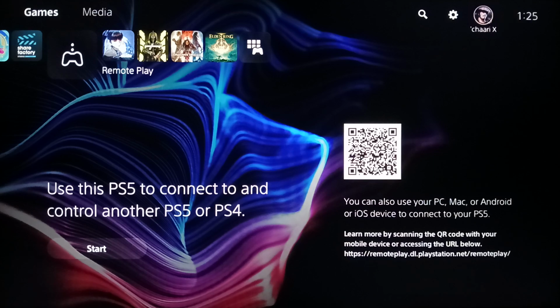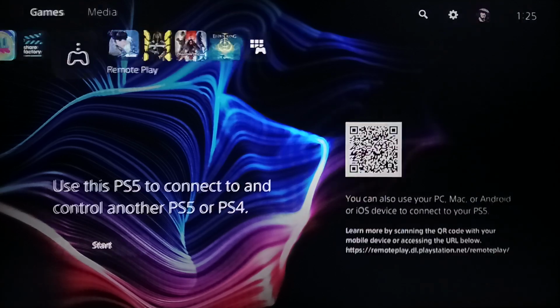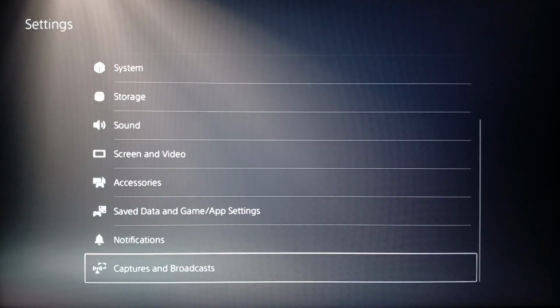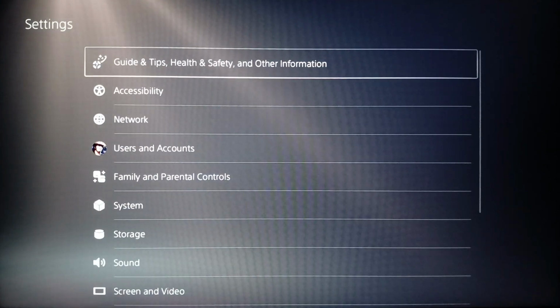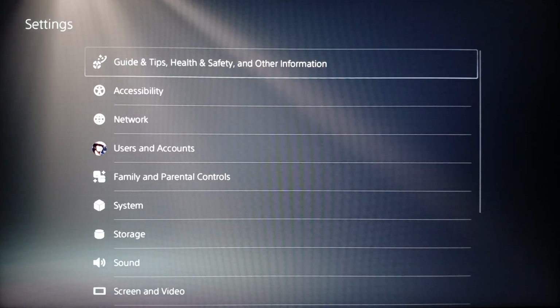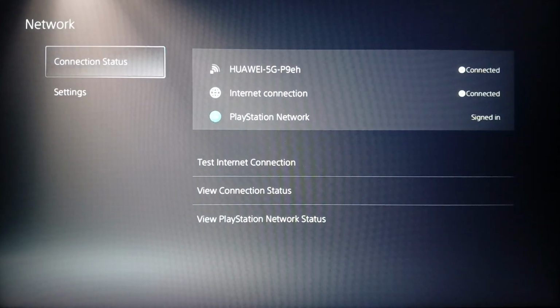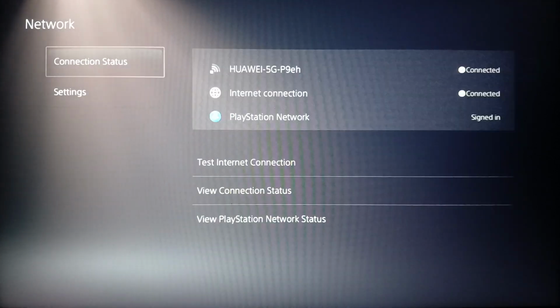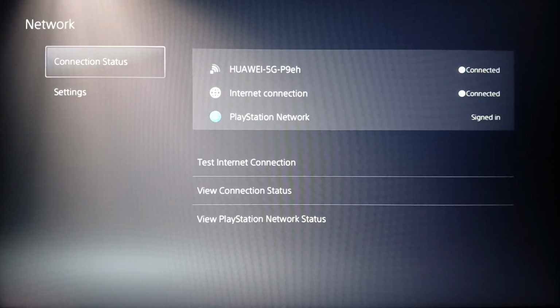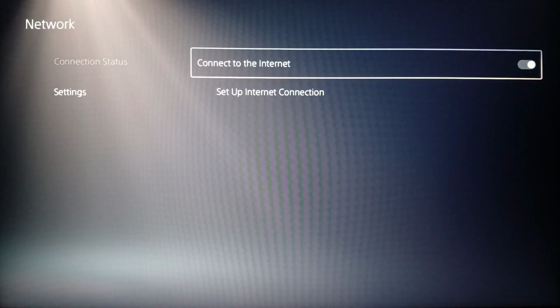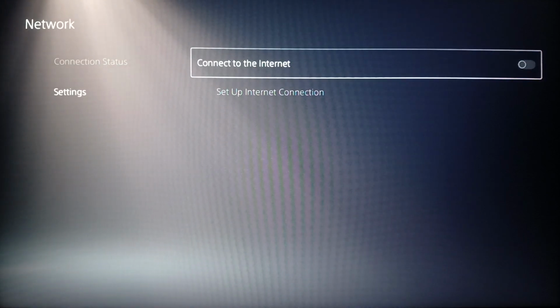So basically guys, right now if you want to use internet, first of all go ahead and click on settings, and then once you do that you're gonna be right here in this page. So basically guys, right here go ahead and search for network. Once you find network, go ahead and click on it, and then here you're gonna find two sections: connection status and settings. Go ahead and click on settings, and then as you can see guys, if you find this option